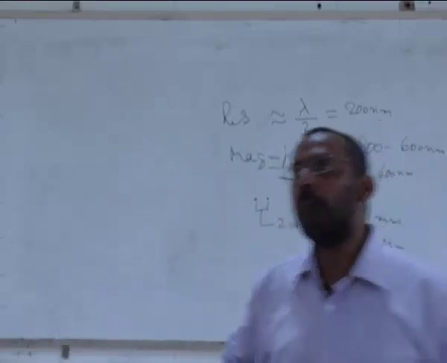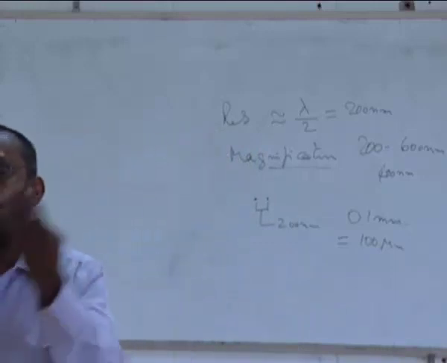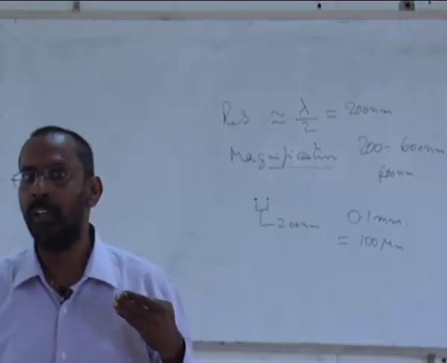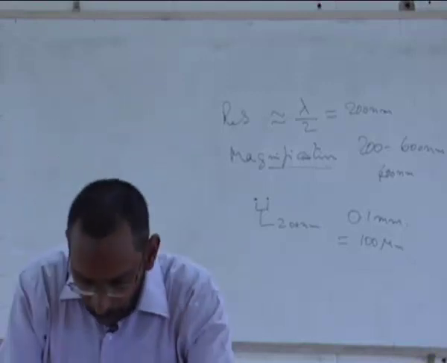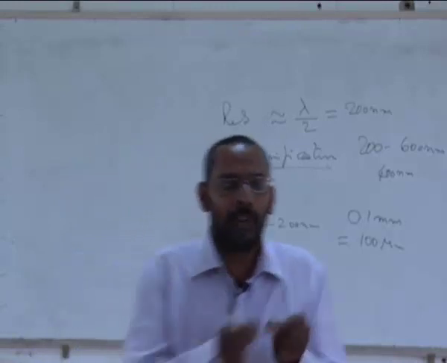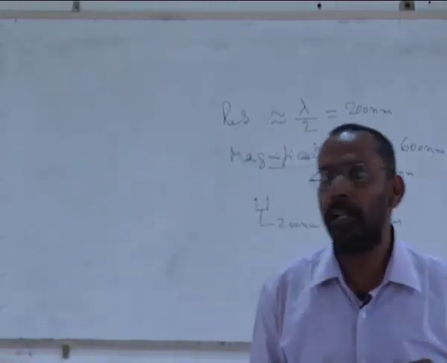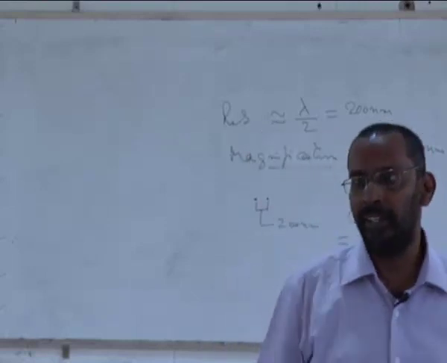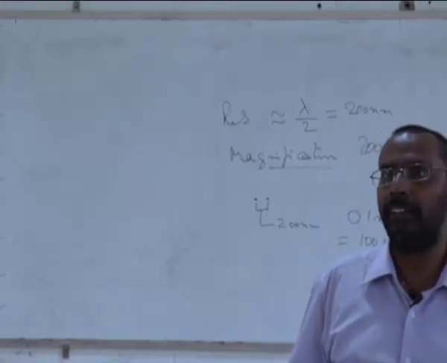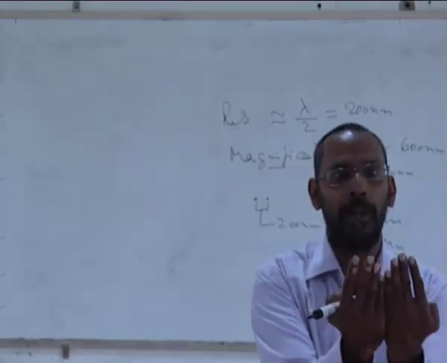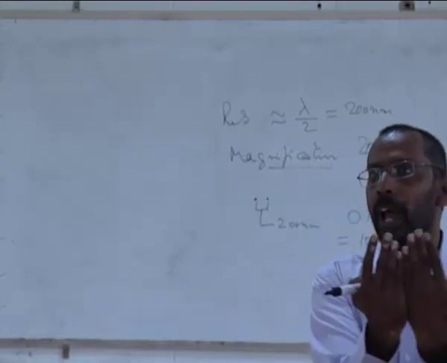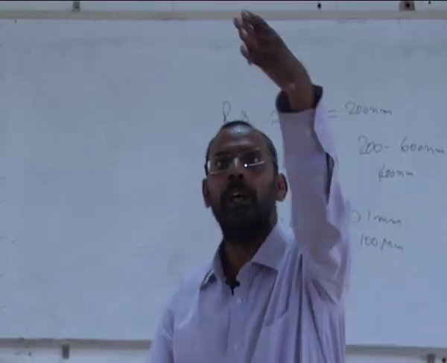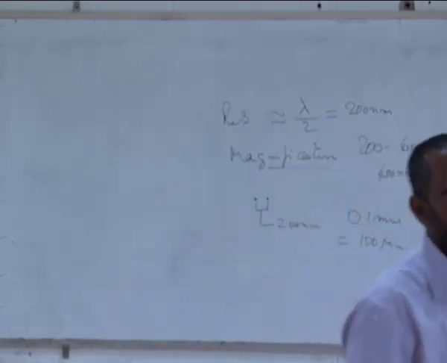From a distance of about 1 foot is what is generally defined as the resolution. From a distance of approximately 30 centimeters, if any two spots are kept on this table, let us say separated by 0.1 millimeter, that means 100 microns, if my eye is a healthy eye, then it can see them from a distance of about 1 foot. That is the reason why whenever we go to a doctor for an eye checkup, he will ask you to keep the chart at a distance of 1 foot and read. He will not keep it very far off and ask you to see.